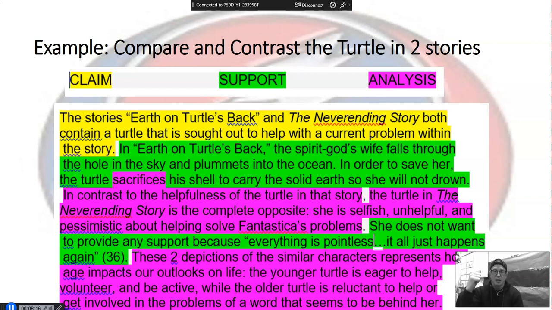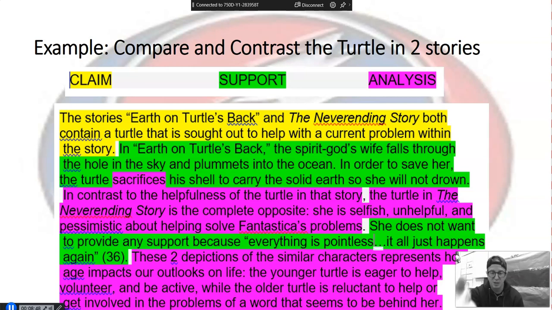That's our support. Now, if we count the lines, 1, 2, 3, 4, 5, 6. All right, we have about 6.5 lines, 6 and 1/3 lines of support and claim combined. The analysis is 1, 2, 3, 4, 5, 6, 7, which is 7 lines. So you see that the analysis is half of this paragraph. And the analysis is all what it says, analysis, all right?